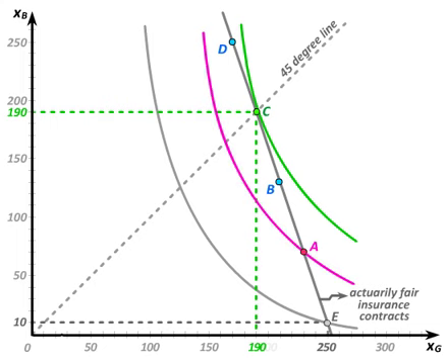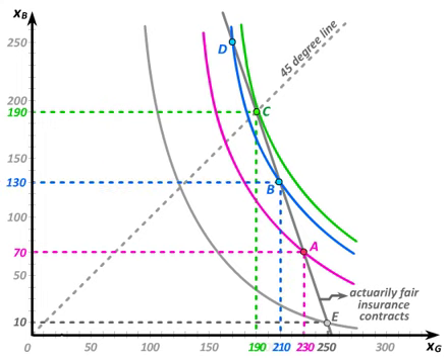In order for the insurance contract C to be her optimal contract, it must be that the indifference curves that pass through other actuarially fair insurance contracts lie below the indifference curve that is tangent to the actuarially fair insurance line at point C. And in order for my wife to be the kind of person that always chooses to fully insure when offered a full set of actuarially fair insurance contracts, the same marginal rate of substitution that applies at point C on the 45-degree line must apply to all indifference curves as they cross that 45-degree line.